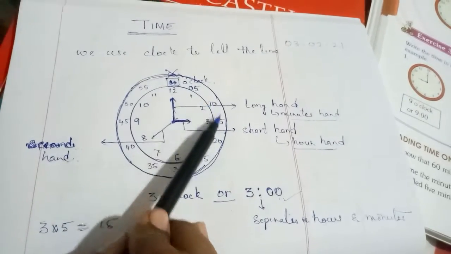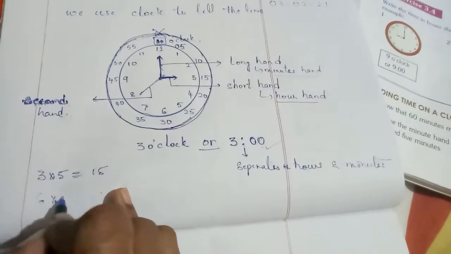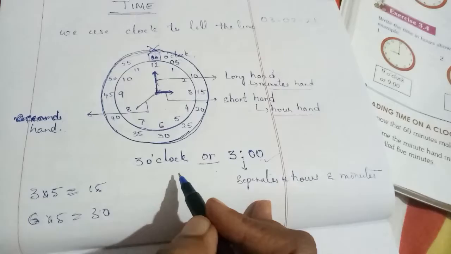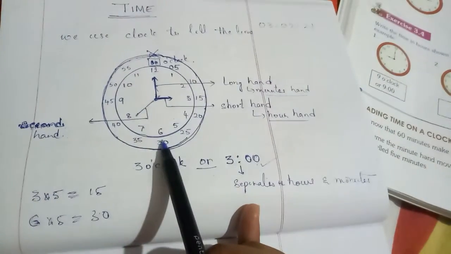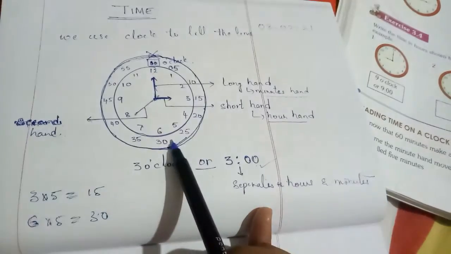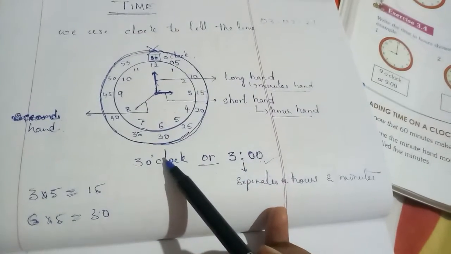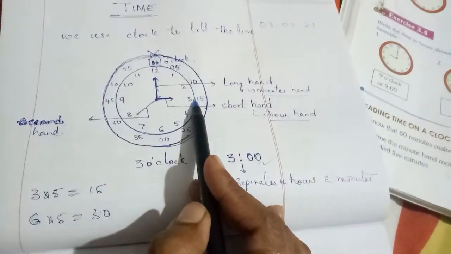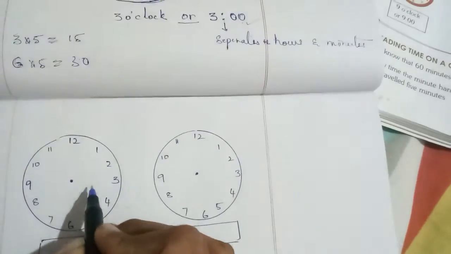If the clock moves from 12 to 6, how many times 5 skip counting? 1, 2, 3, 4, 5, 6. 6 times 5 means 30. Then what time does it show now? 12 to 6, half past 3. Yes, half past 3. Okay, quarter face. Now we'll do another example, Nana.